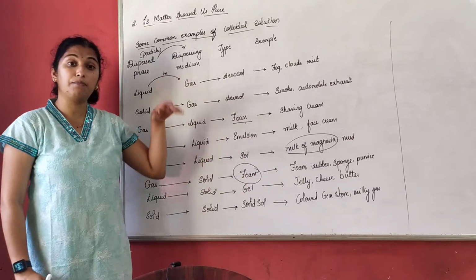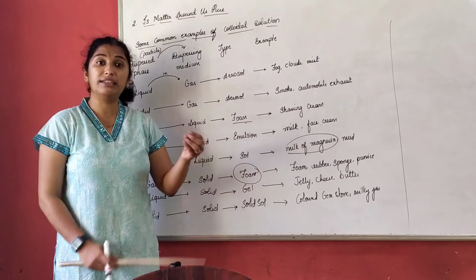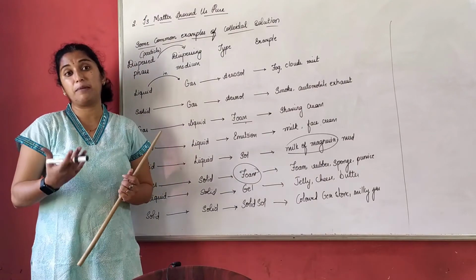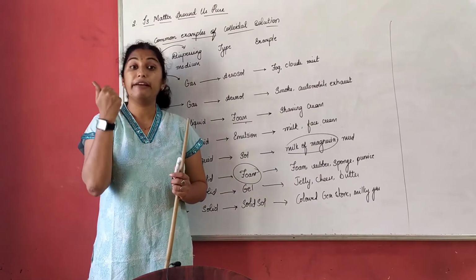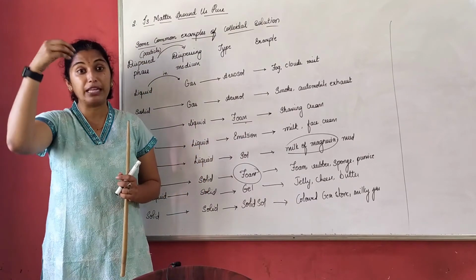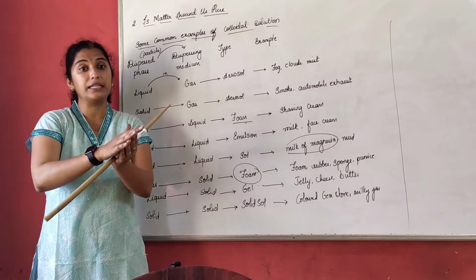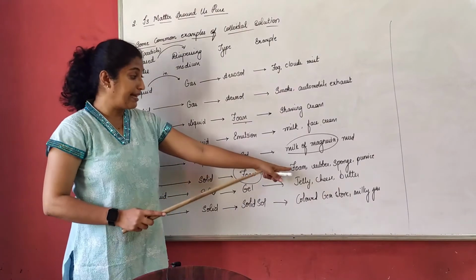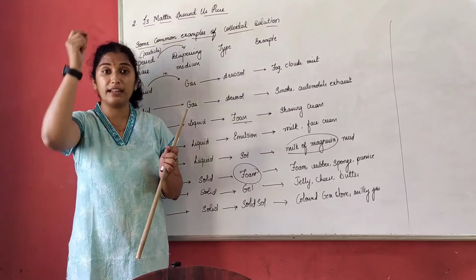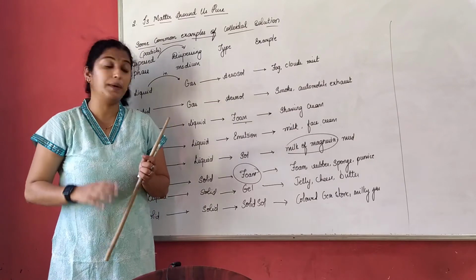This foam is an example of actual foam, what we use in a sofa, or we call it a sponge, rubber, etc. Now see, for example, if you take a sponge, you can compress it. We studied that in the first chapter. Why? Because they have many pores in them, many holes, air gaps in them, filled with gases. When we compress it, again we can release it. That is why foam is an example of gases in solid. That means in a solid, there are small holes, small pores which are filled with gases. That is why we are able to compress it.